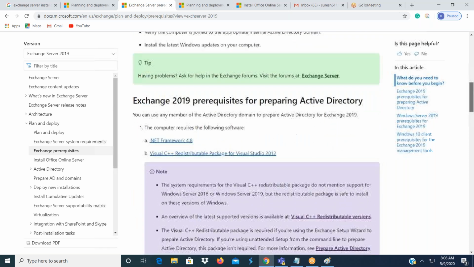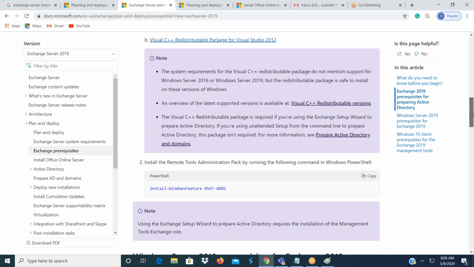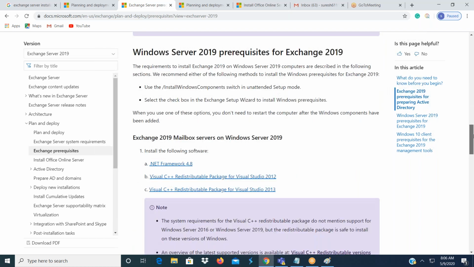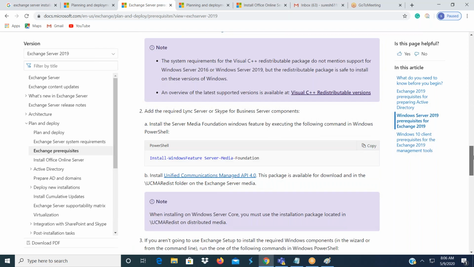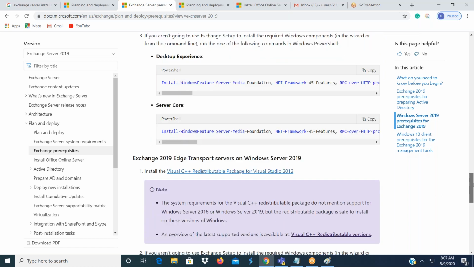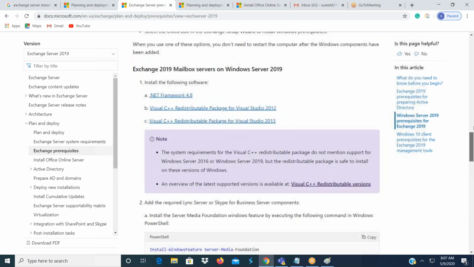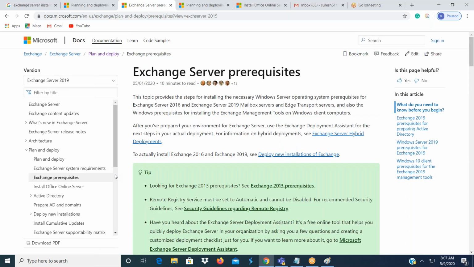The prerequisites are that the .NET and Visual C++ package is required, the Visual Studio package. These are all the prerequisites, and Media Foundation is also required. Those we will install during the configuration of the server. And there are some Active Directory schema requirements also. Those we will see at installing time. Okay, and next thing,